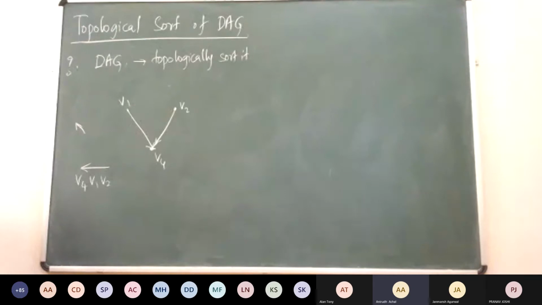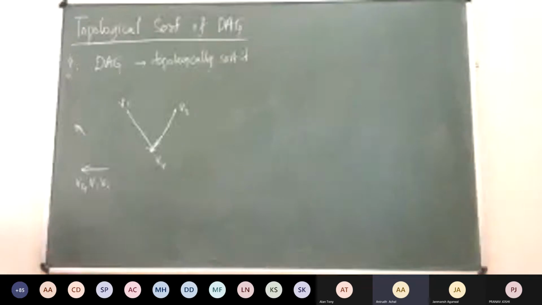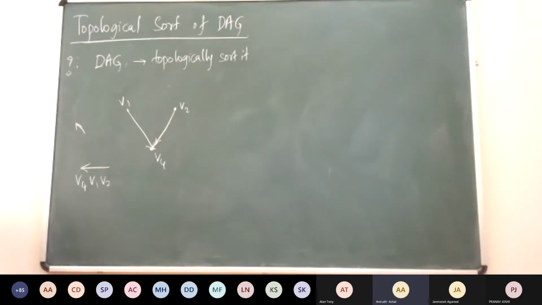Because our basic idea is we want to add a particular vertex. What is the basic idea? When we want to add a particular vertex, we want to add it to the topological sort before all of its children. I'll define children as any vertex which is reachable from the current vertex. So we want to add it to the list before all of its children have been visited.